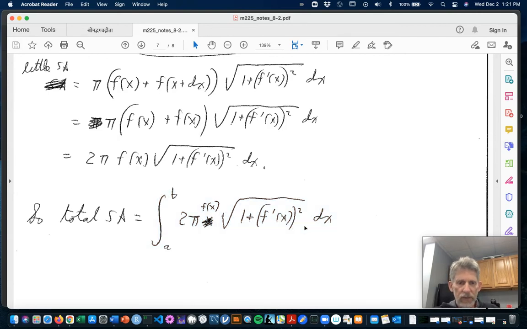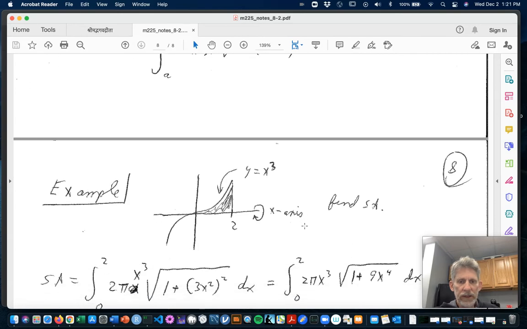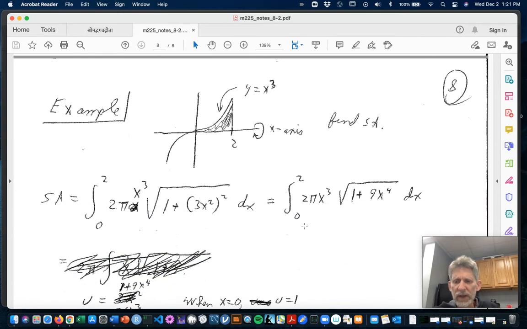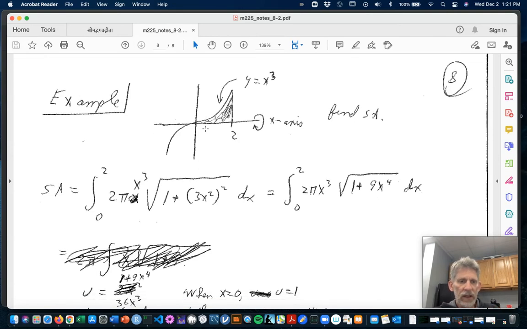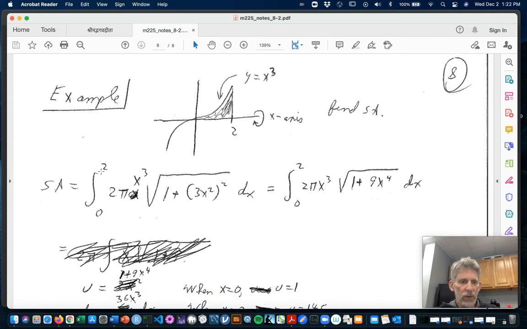Great. So let's just try one example, and we'll just compute the example out far enough to see that, yeah, you could finish the problem. So imagine the curve y equals x cubed from x is 0 to x is 2, and rotate around the x-axis. So this shaded area here being rotated around the x-axis, find the surface area of the curvy side of it. So by our formula, this is going to be the integral from x is 0 to x is 2